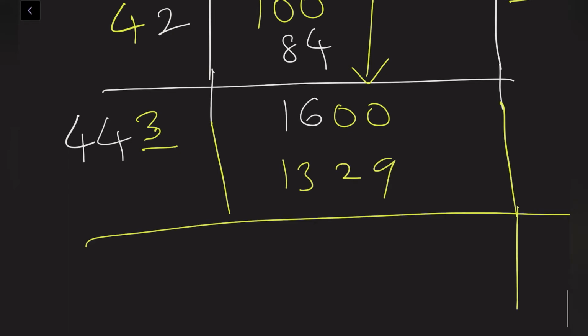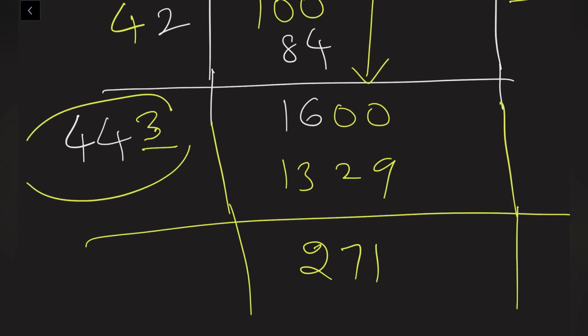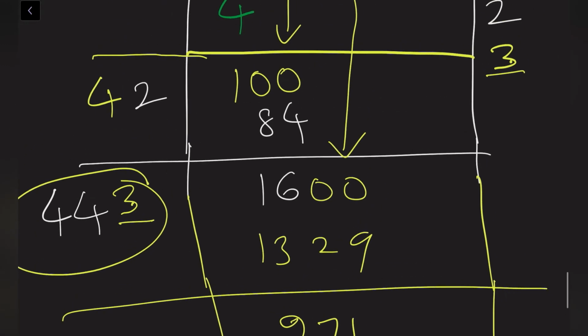If you do subtraction, 1600 minus 1329 is nothing but 271. Now again this total number 443 and the lastly written digit 3, we need to add. 443 plus 3,